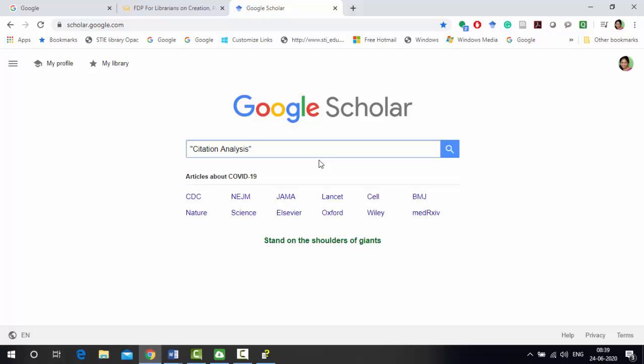So these two words should be in close proximity in each article. I want Google Scholar to treat these words as a single phrase, so I have put those two words in quotes. Always remember, try putting the words in as a phrase by putting them into double quotes.